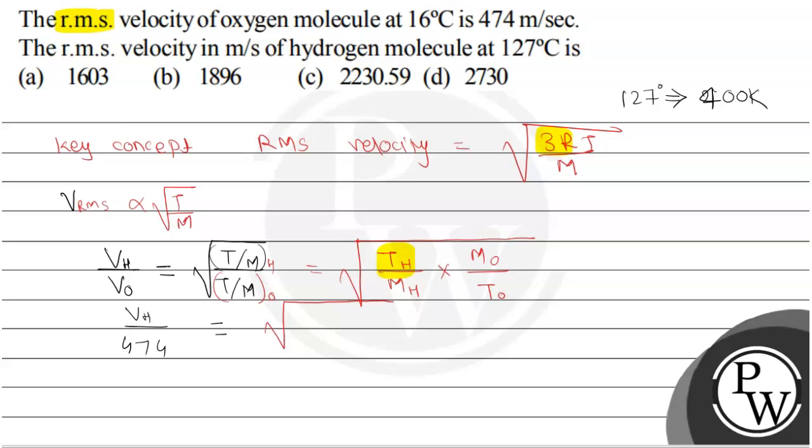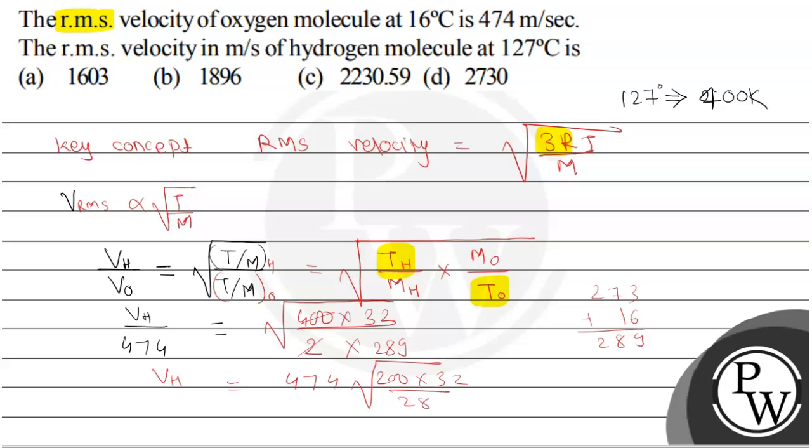Now the molar mass of oxygen is 32 and the molar mass of hydrogen is 2, and the temperature of oxygen is 289, because we have to add 273 to 16, which gives 289. So the temperature of oxygen and hydrogen are both added here and multiplied. Simplifying, VH is equal to 474 into the square root of 200 into 32